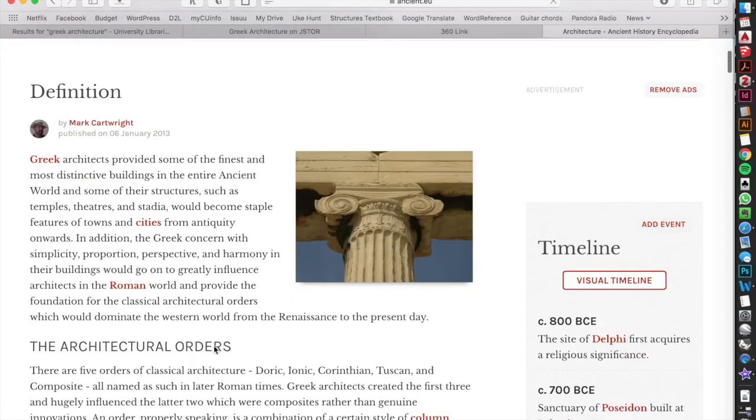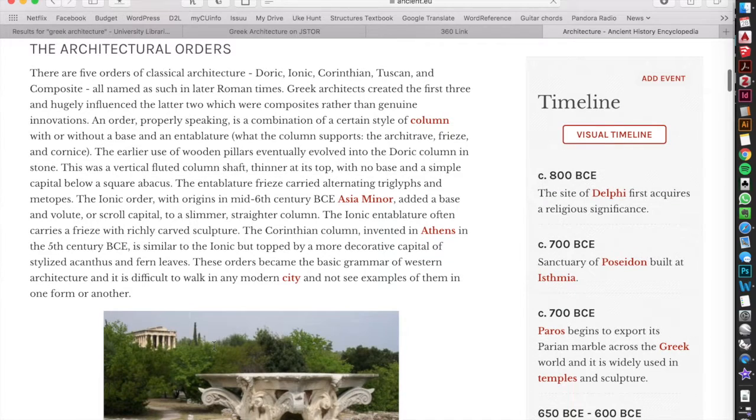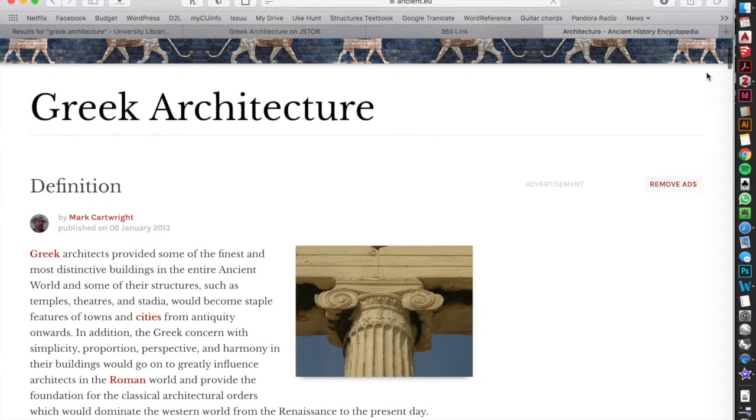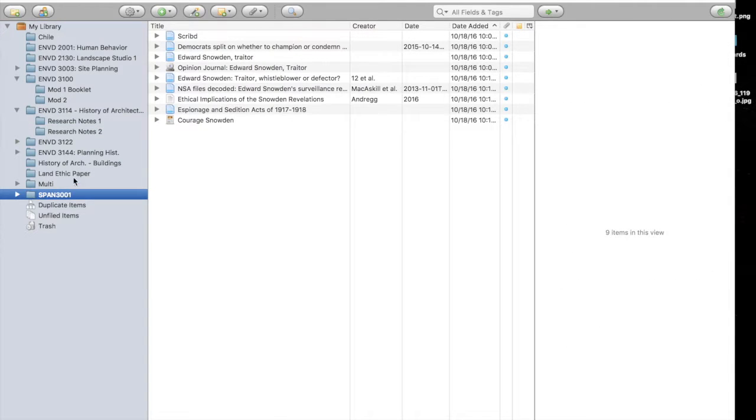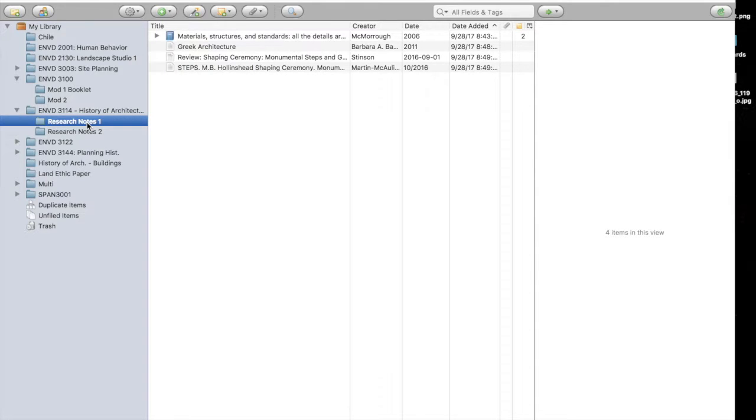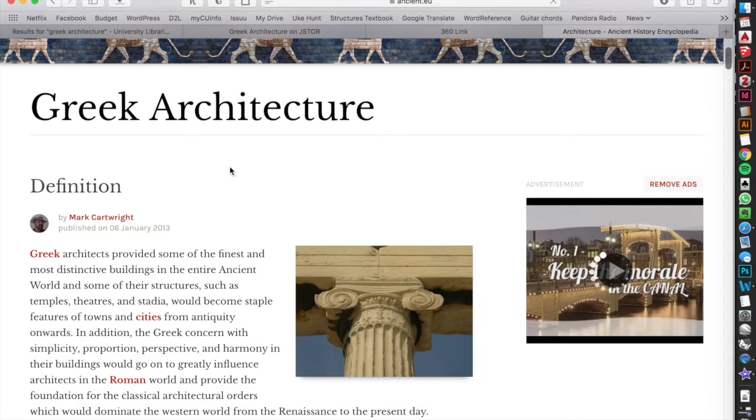So here I am, I'm reading about Greek architecture, and I decide this source has definitely things I want to reference in my paper. So I make sure, I open up Zotero first, make sure that I am selected into the folder that I want it to import to. If I'm selected on Spanish or something, it's going to import there. So I want to import it into Research Notes 1,